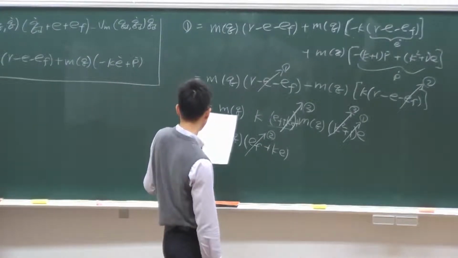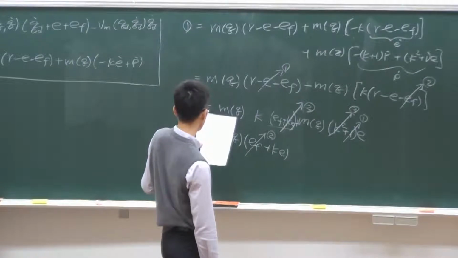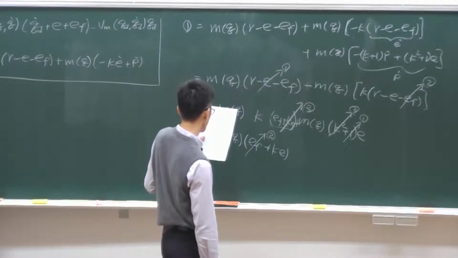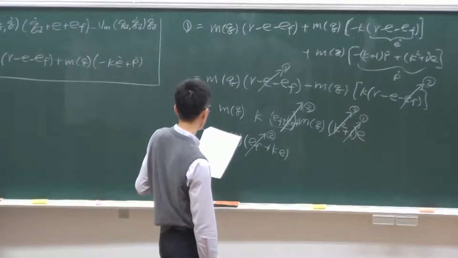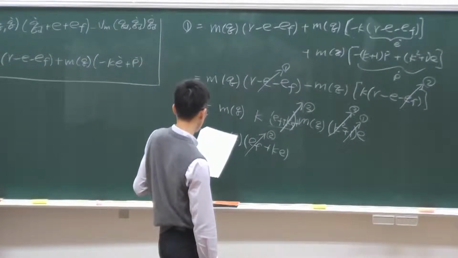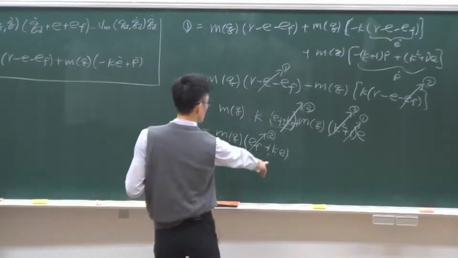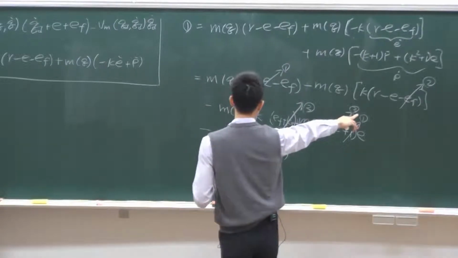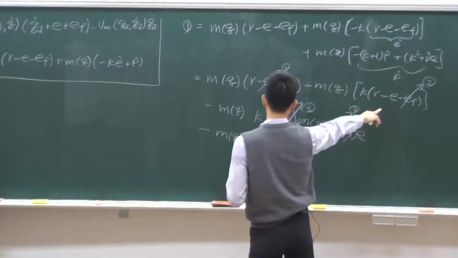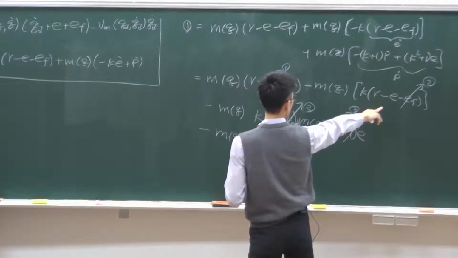So NE minus EF, MKR, MKE EF, KE, minus MKE plus MKE, okay, KEF,